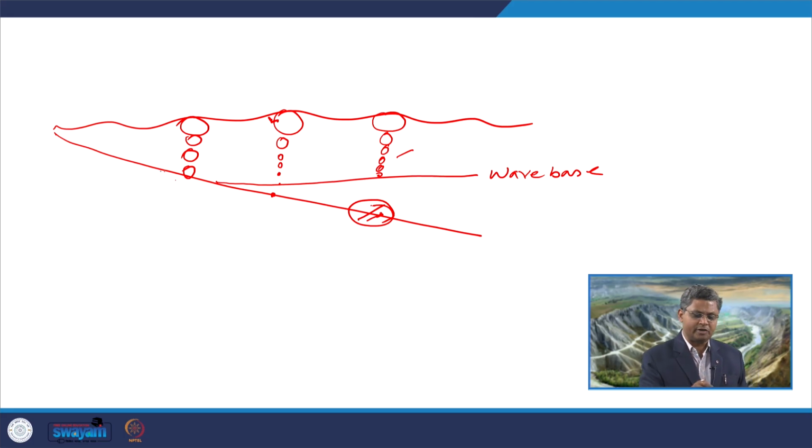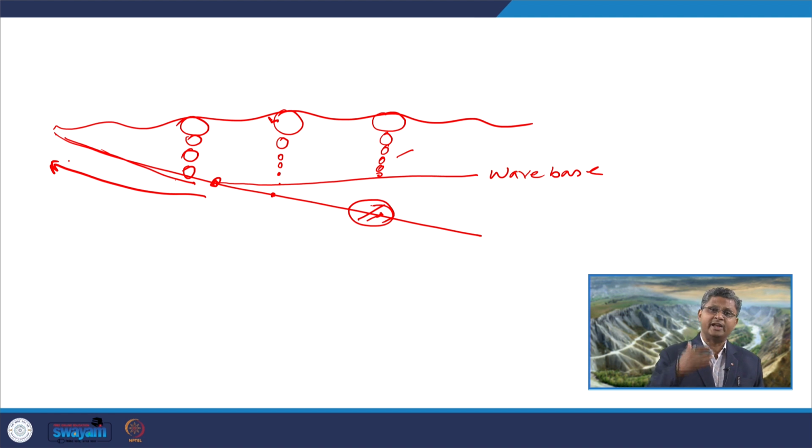rework the sediments, it will try to rework the substrate, and that reworking will result in scouring, that reworking will result in erosion. So, as we move from this point onward, from the wave base where it is touching the substrate, from that point onward to the shoreline, that entire zone is prone to erosion by these wave activities, wave vortex. So, this wave vortex lying somewhere here will have more energy, more intensity in terms of scouring, and we can get removal of the materials, removal of the substrate from this area.